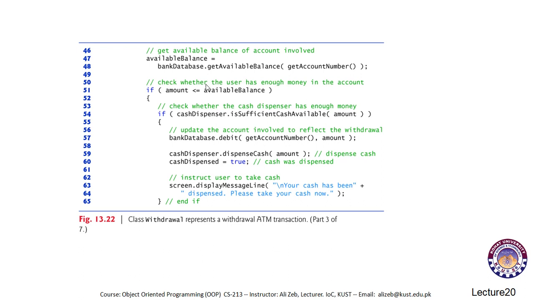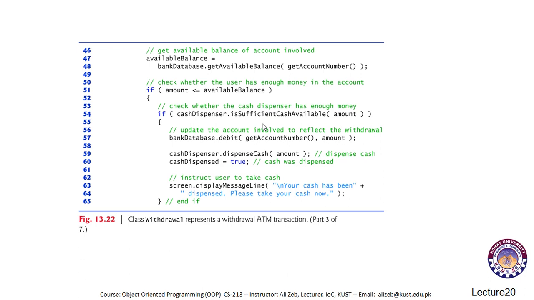Now once we have ensured that the amount is not more than the available balance of the user, we try to make sure that we have sufficient cash available in our cash dispenser. If you remember, we had a sufficient cash available method in our cash dispenser class. We call that method to check if the ATM machine has sufficient cash available and that cash is more than or equal to the amount that the user is trying to withdraw. Once a true is returned,